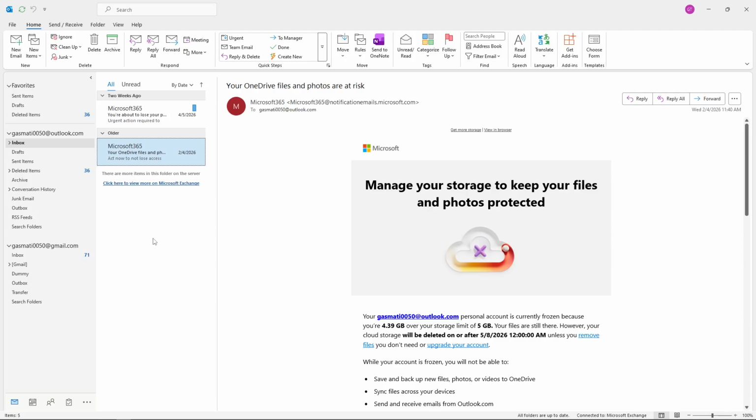Welcome back, everybody. Today, I'm going to teach you how to CC and BCC in Outlook. This is essential when you need to keep people in the loop on your emails or send copies to recipients